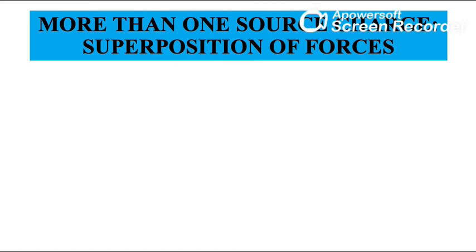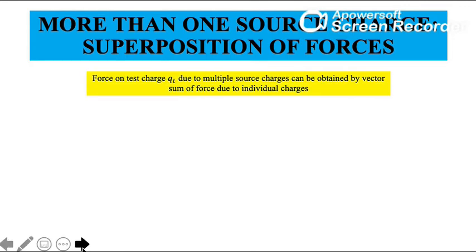Now you will frequently find, as we go to the next lectures, that we are not dealing with just one point charge. We are dealing with a charge distribution located at points in space. So we will be dealing with many charges or continuous distributions of charges. For that case, we have known how to obtain a force when we have more than one charge. So let us have 10 different charges. How do I obtain the force?